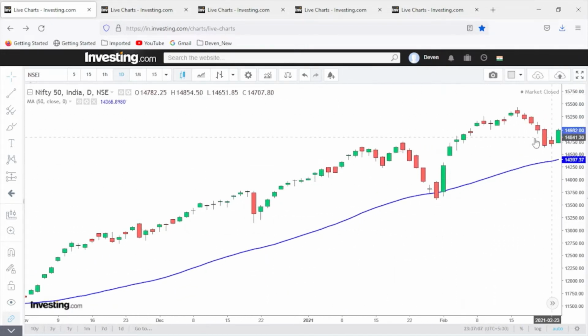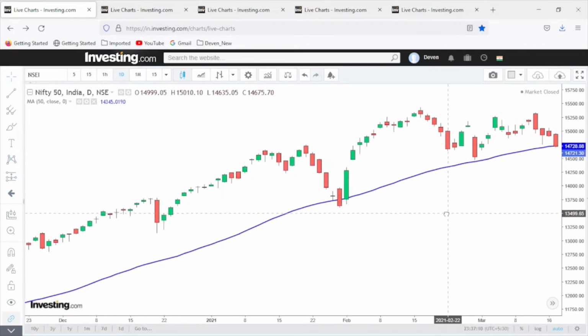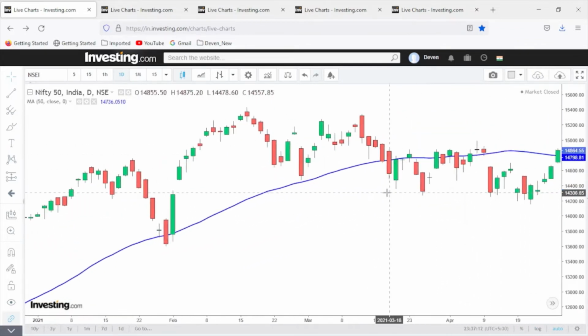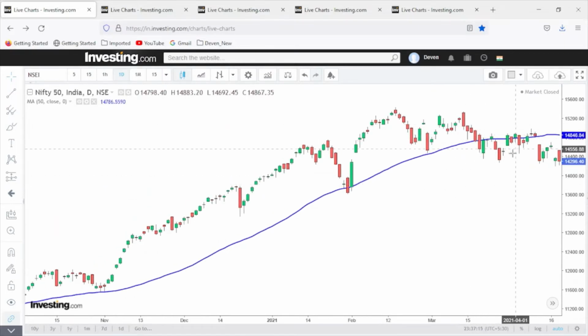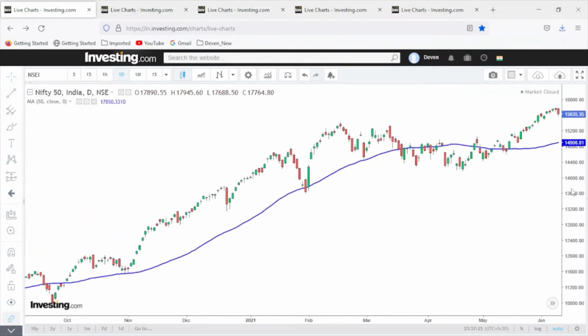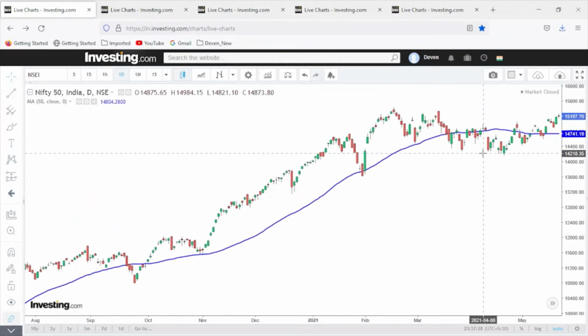Now what happened after that? The price again bounced, it came back, it took a support here, and now here if you see the price is below this 50 MA. It is playing near 50 MA. It is not going above, it is not going down, and it is very sideways here. Now if you observe very curiously, this particular part of this EMA is having a slope. It has got some slope, and here after this particular candle, you can see the EMA is almost flat.